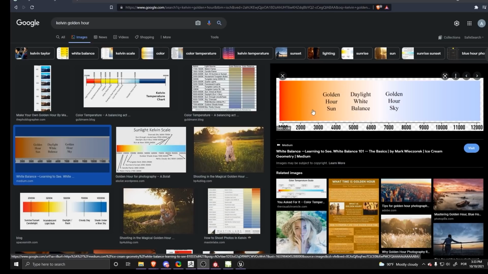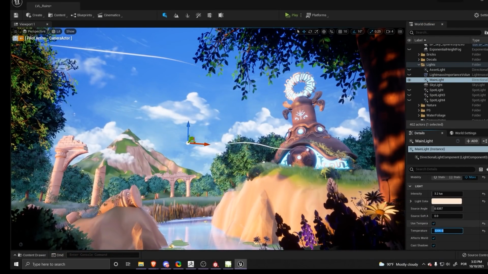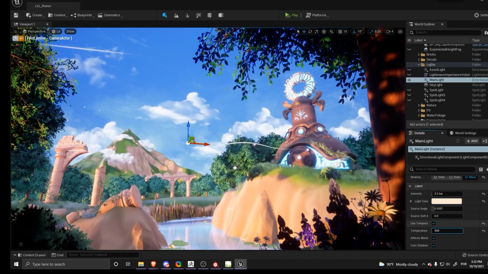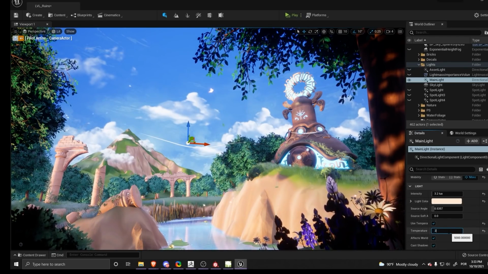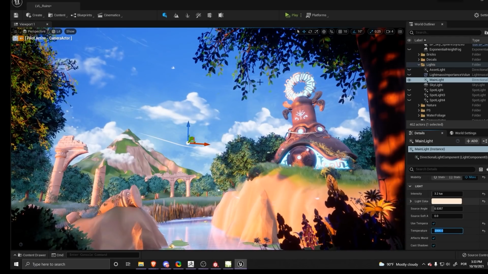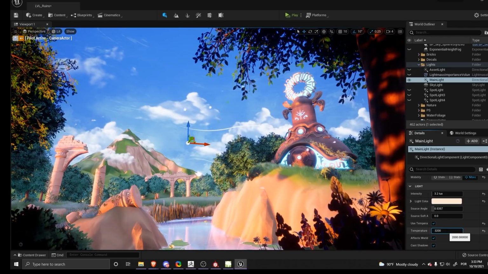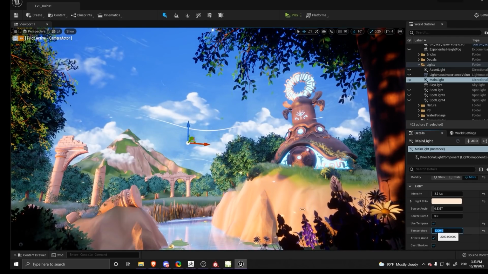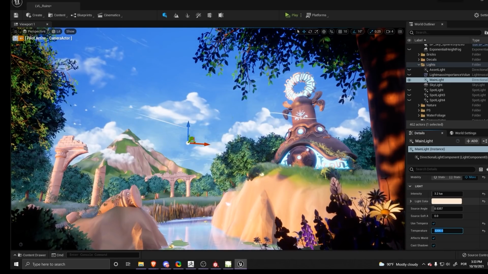The lower the number is, the warmer the light will be, and the higher it is, the more bluish and colder it will be. So my light is at 3200. If I change it to, let's say, a 5K, this will make it colder. And if I do it like 2000, it will make it even warmer. I think that 3000 is around good enough for my scene, so it's not extremely vibrant, but it still has a good warmth to it.